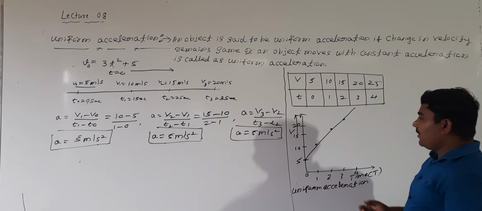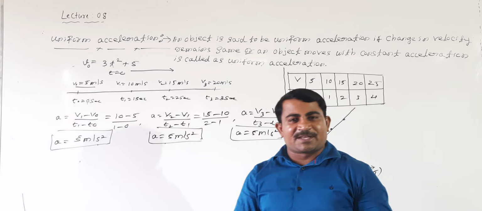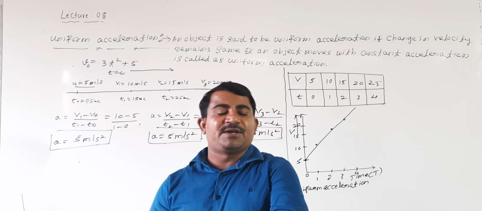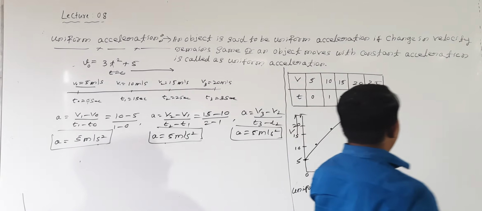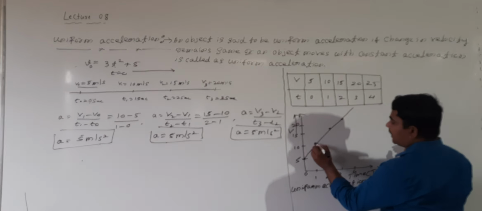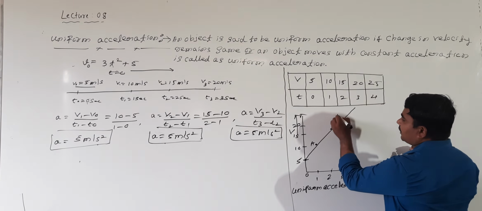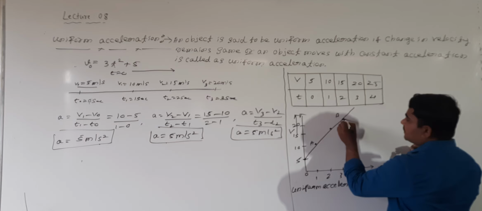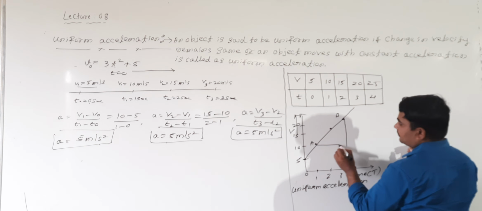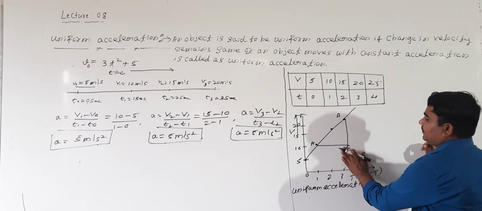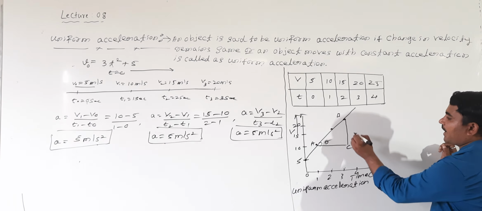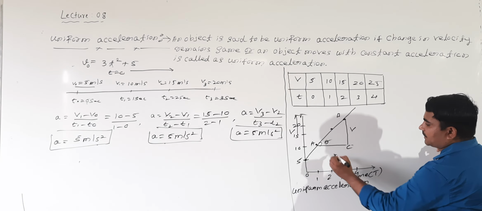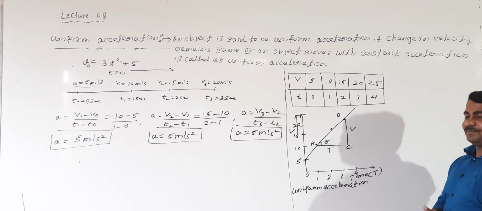Now, on this graph, I choose any 2 points. Then on the graph, I will take the slope. Then what the slope indicates, that we will see. Look here. I will take the point A. This is the point B. On this, I will take the slope now. This is the point C, right? I will take theta. Along the y-axis we are taking velocity, along the x-axis we are taking the time.